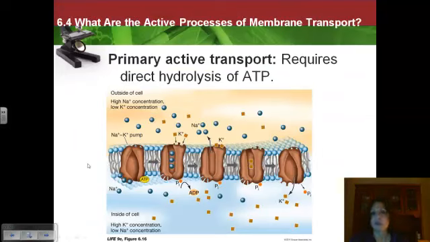Okay, primary active transport is just the pumping of a molecule against the concentration gradient or against the electrical gradient or both, and that is using ATP directly. So it's hydrolyzing ATP and using that energy to pump molecules against the concentration gradient. And basically what the cell is doing is it's setting up potential energy. Once we have a concentration gradient or an electrical gradient, now it has the potential to do something, because now these molecules will passively run down their concentration gradient or electrical gradient,